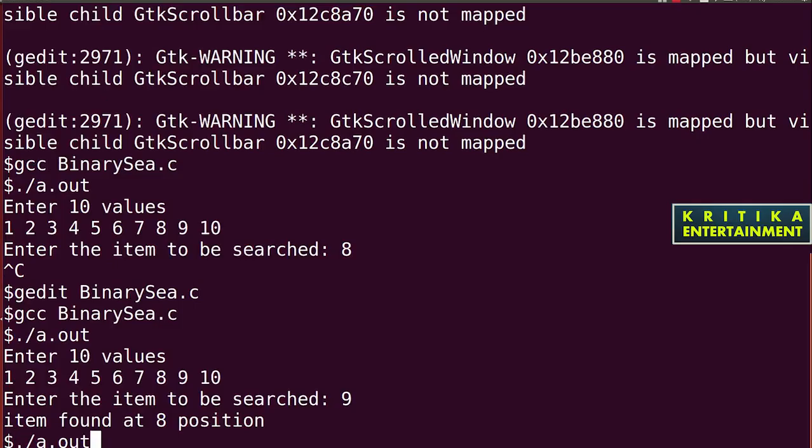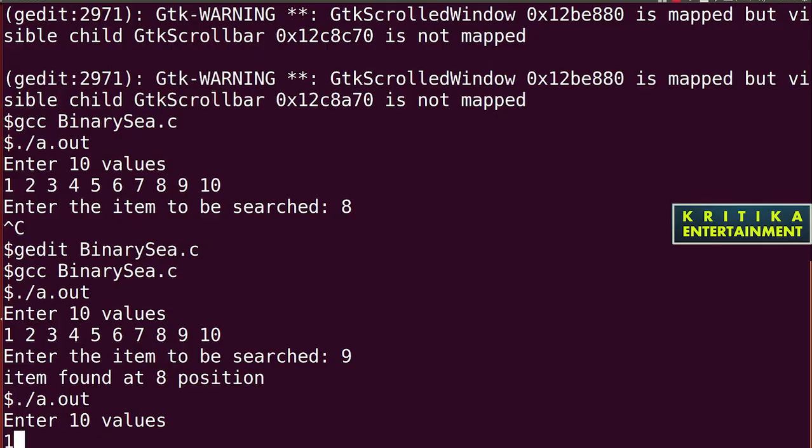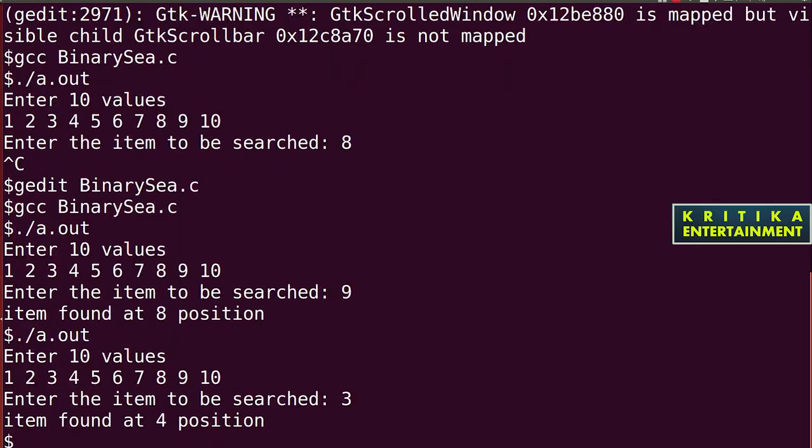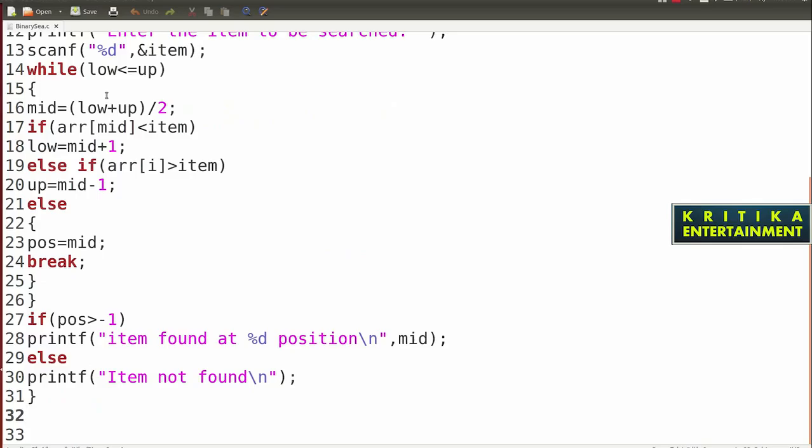Again I will run. Suppose 1, 2, 3, 4, 5, 6, 7, 8, 9, 10. Suppose I want to search the item 3. Item found at which position? Here, 4 position.